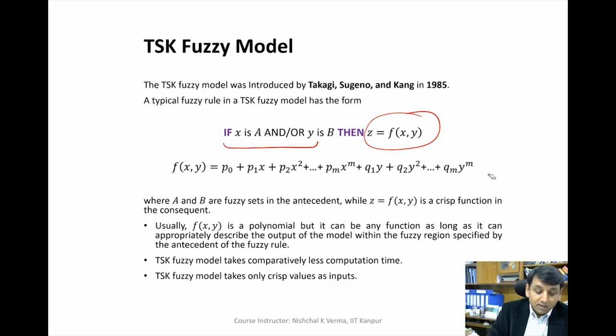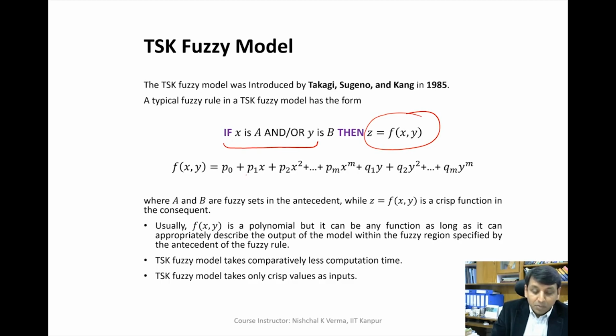So let's say we have two inputs here. The first input is x, the second input is y. So f(x, y) is a polynomial of the form